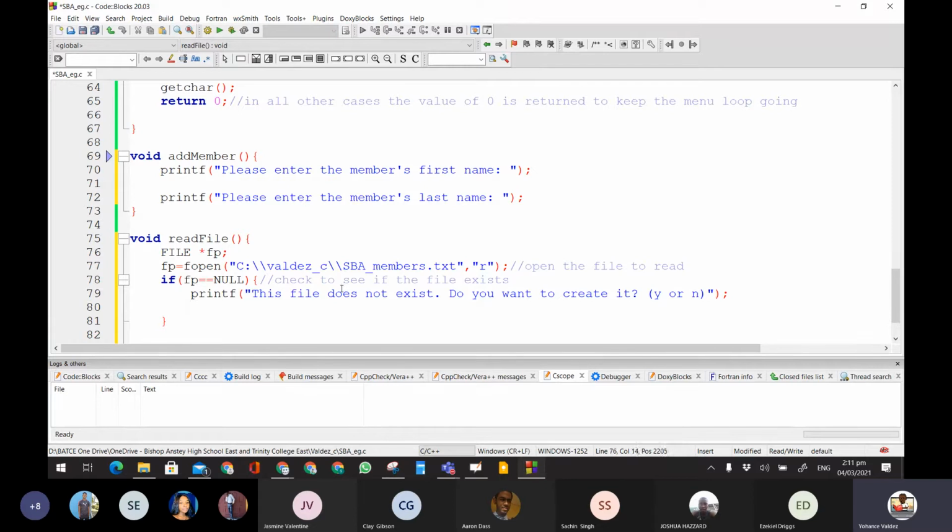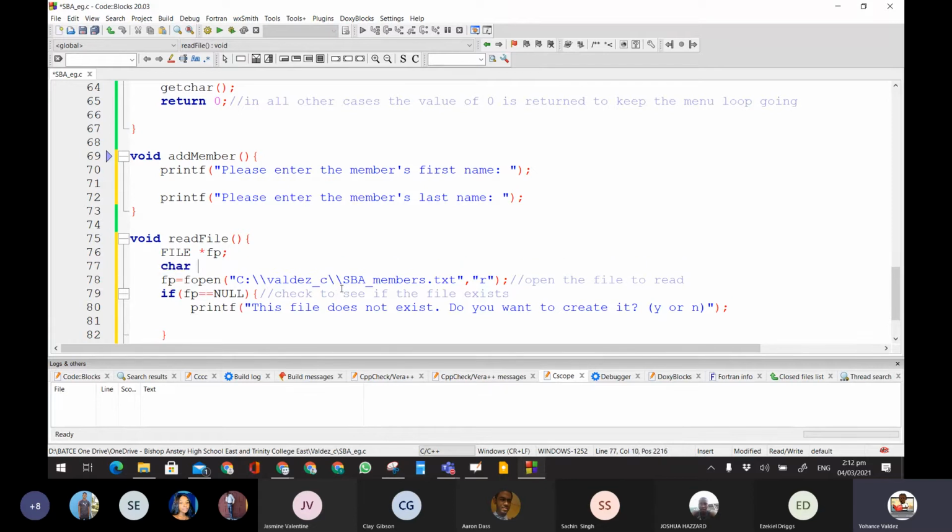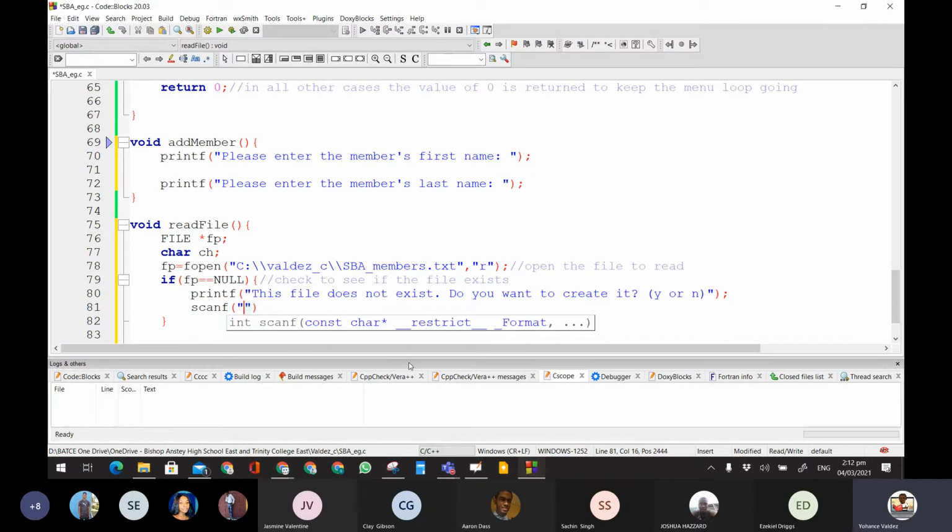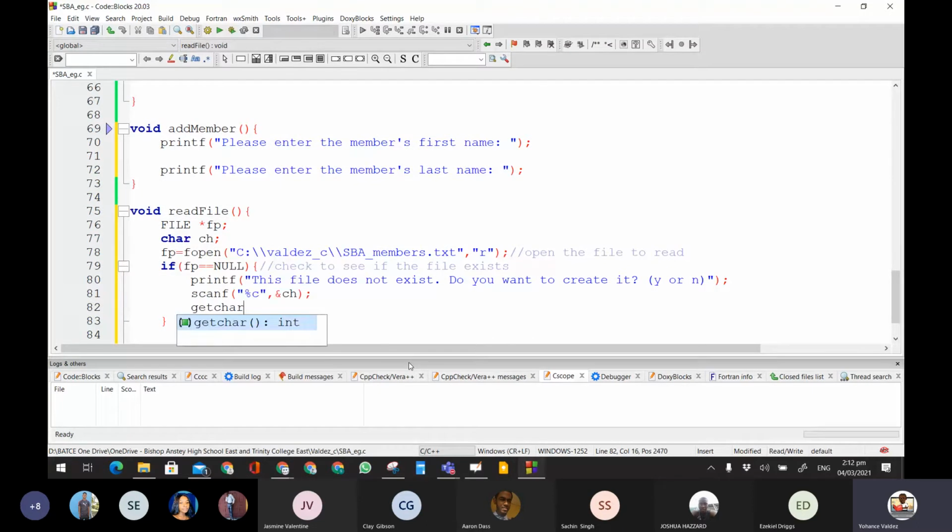So we could create a char variable here, CH, and we could say scanf %c, comma, ampersand CH, with a getchar after it. And this will read the user's option,